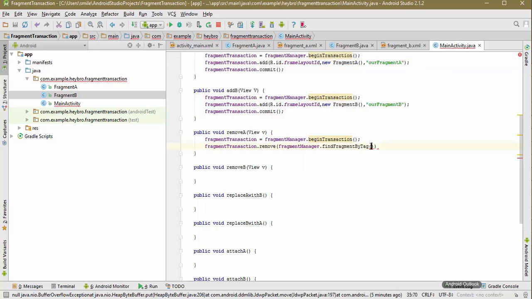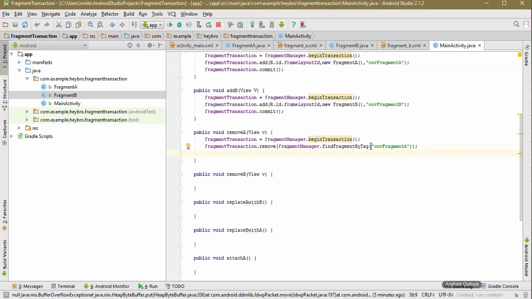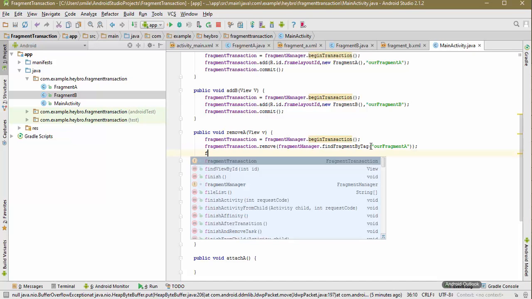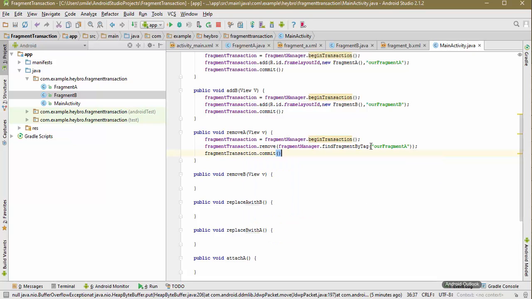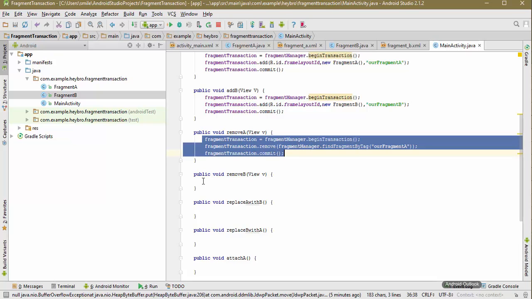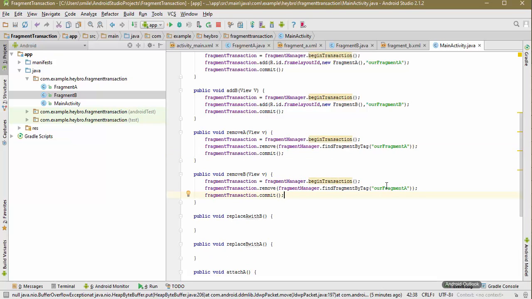And this is all we need to do to remove the fragment A from the frame layout. So we need to finally commit this transaction. So commit them, and let me copy and paste this to remove B as well, and we need to change the tag as our fragment B, and this is going to remove the fragment B from the frame layout